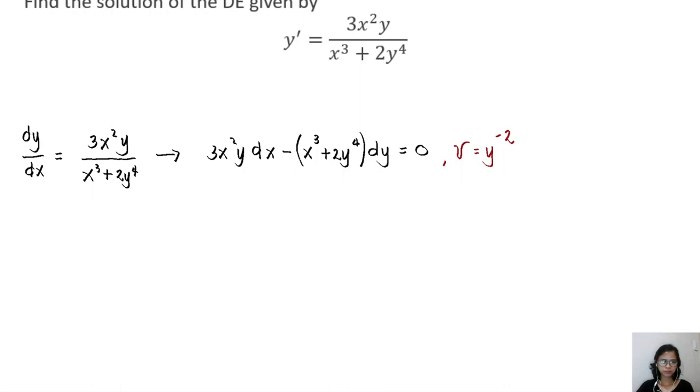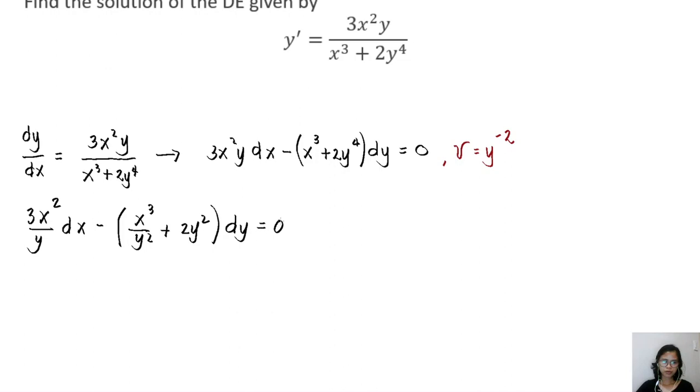That will be 3x squared over y dx minus x cubed over y squared plus 2y squared dy